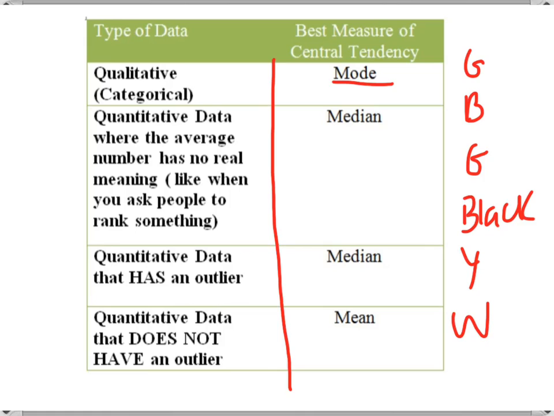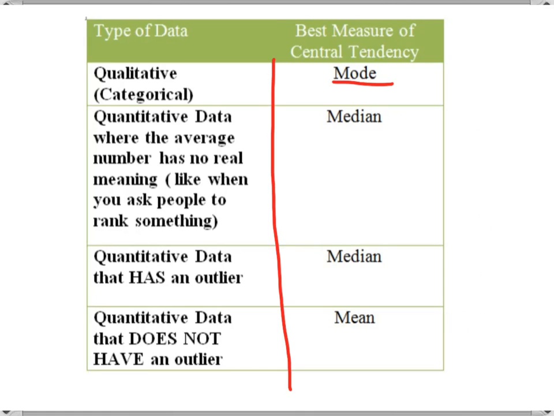Okay, so the mode is always used in cases where you have qualitative data, because you can't use median or mean. Okay, so if you have quantitative data where the average number has no real meaning, so let's say you asked people to rank the last 3 presidents, Clinton, Bush, and